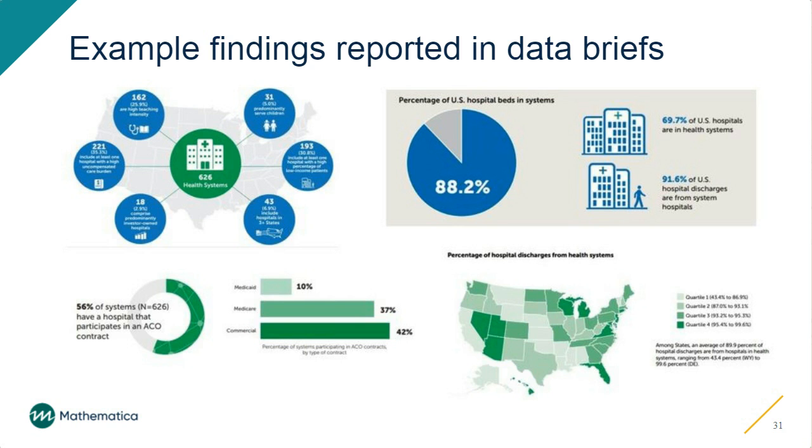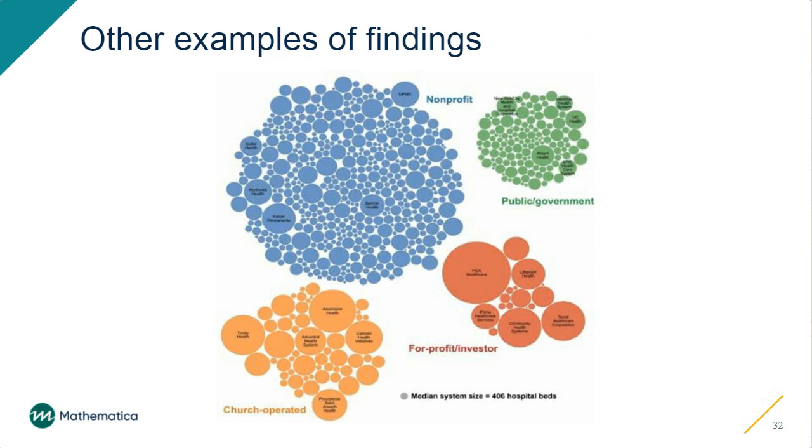And then one final slide, which is one that I just really like. This is a graphic that we created solely using what's publicly available, and it really drives home just one of many takeaways from the past 5 years. This is a bubble chart showing a bubble for every system, and the groups are by ownership type, so nonprofit, public, investor, and then church operated. And then you can see the size of the bubbles are the size of the system by number of hospital